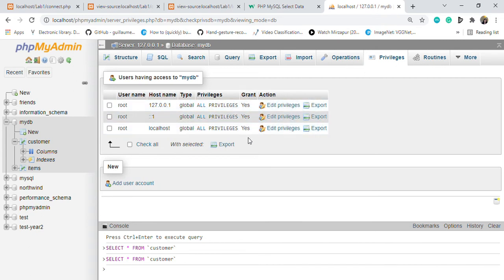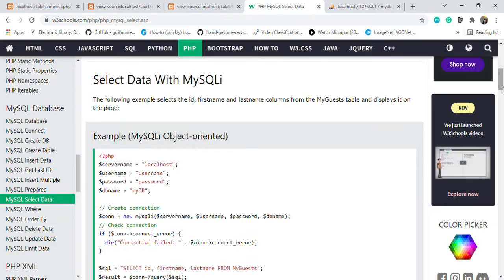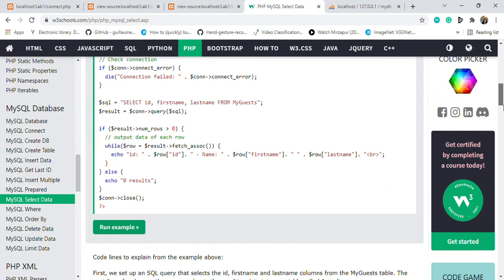Meaning my username to connect to the database is root, and my password is empty. So I'll simply leave the password field empty, and my server is localhost. Okay, so for connecting, for writing the PHP script,